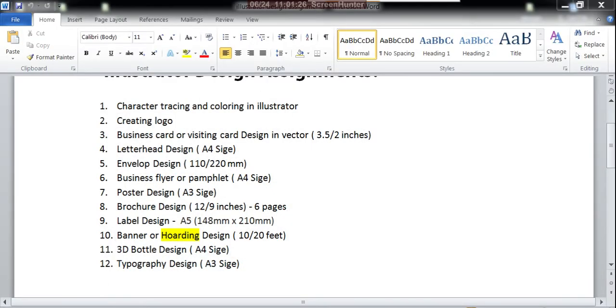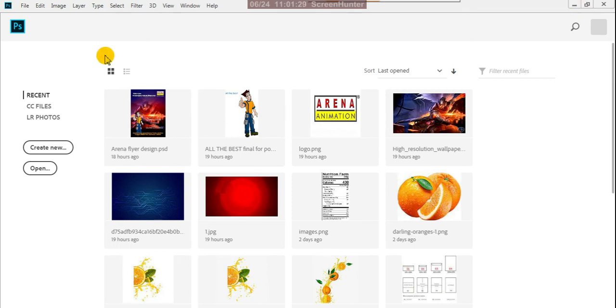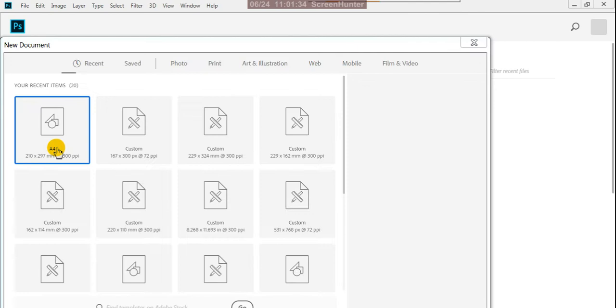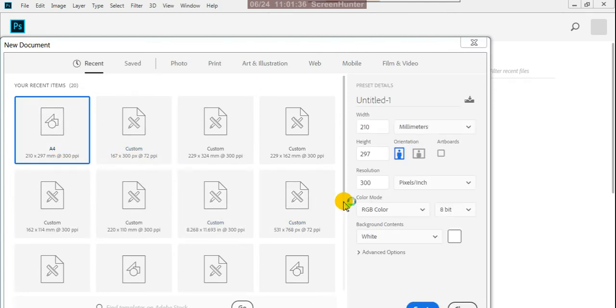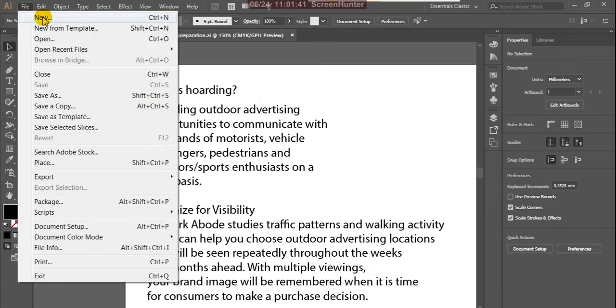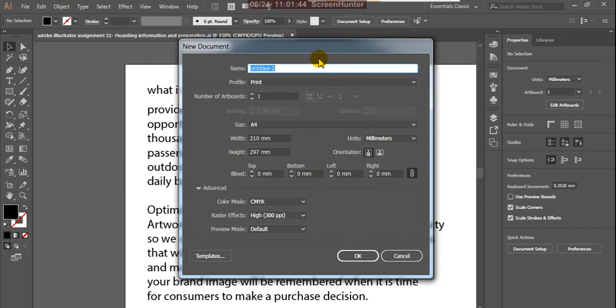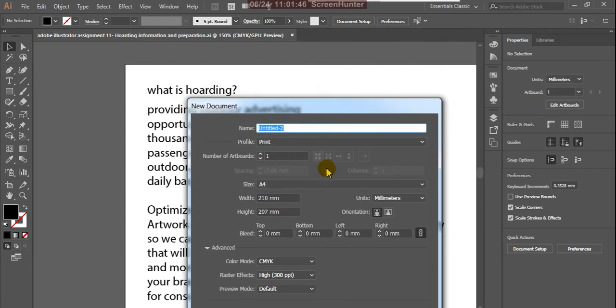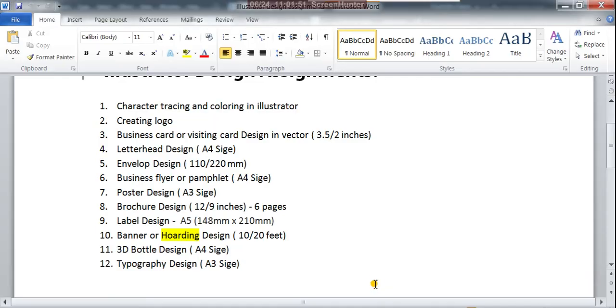Suppose we are creating a new document here, 10 by 20 feet. 10 by 20 feet means 1 foot is equal to 12 inches.